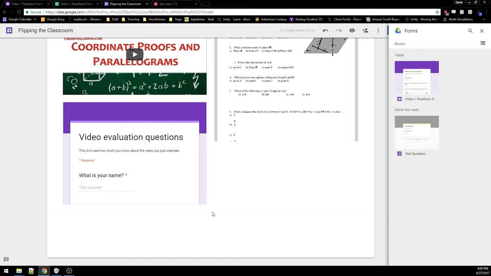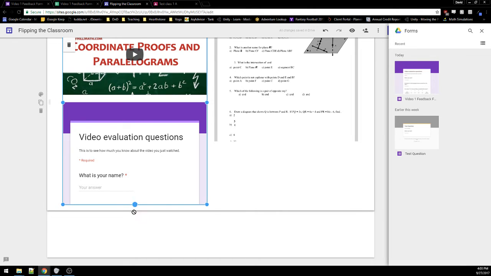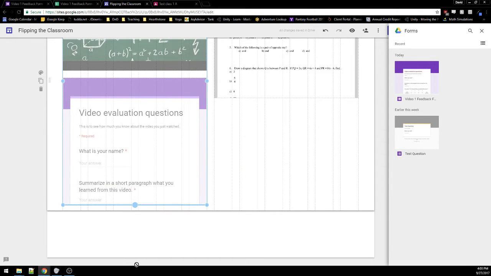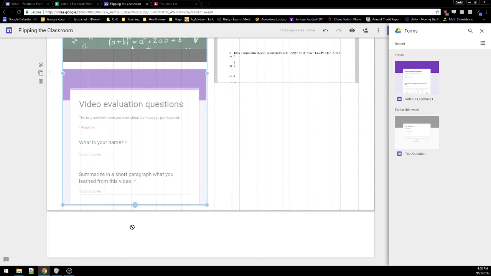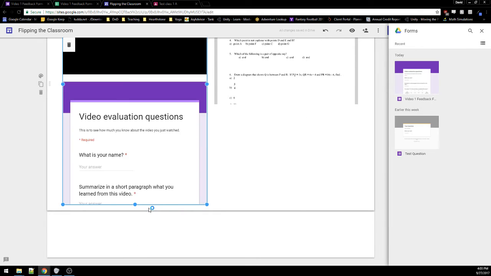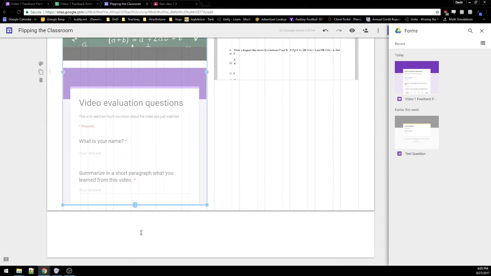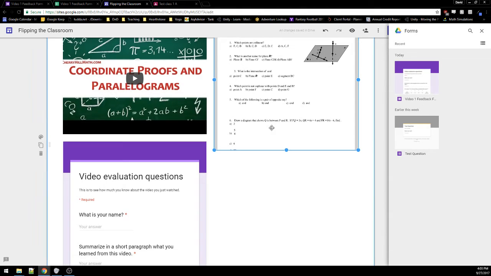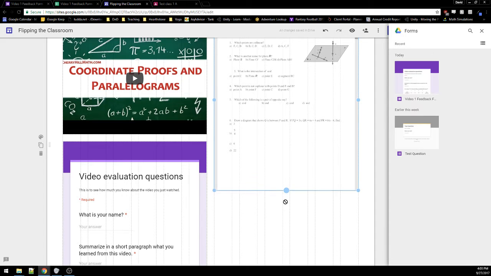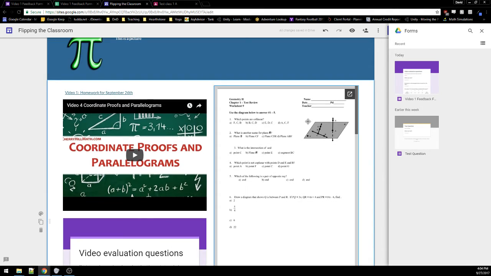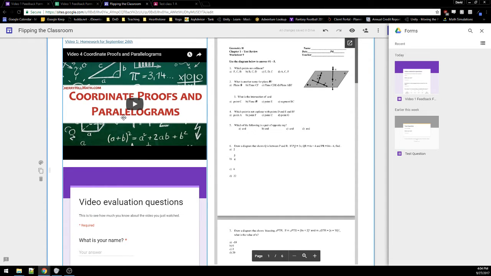Maybe I want to resize this a little bit and make this a little longer so the entire thing shows up. So I'm going to move this down a little, if it wants to let me. And I can push all this information into the same box. Since I've got a little bit more space, maybe I'll add a little more space here too. So I can show a couple pages. Now I have a whole section on a website that has everything,